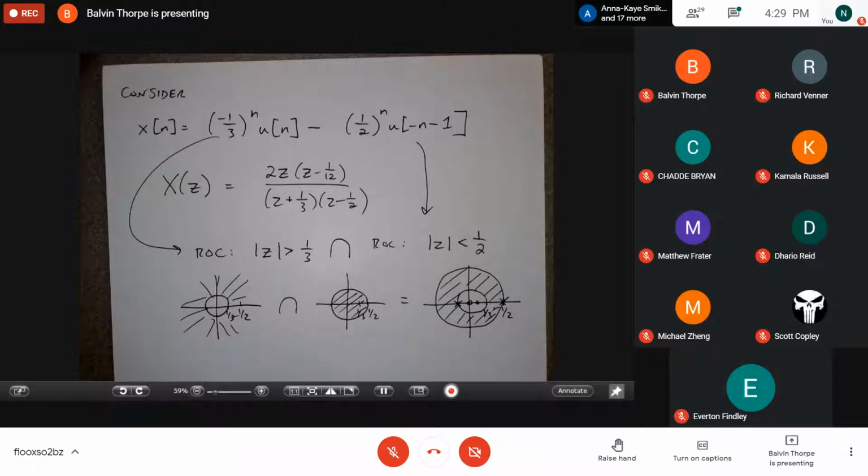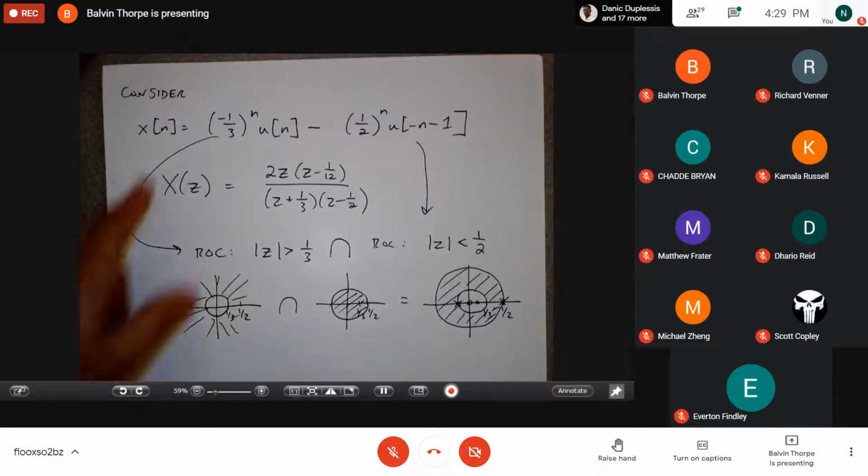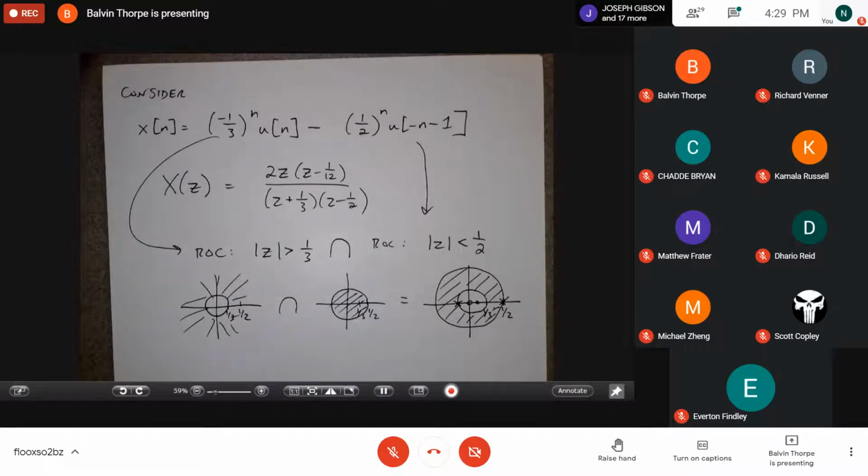Okay, so like I said, I'm not gonna drive you crazy with lots of left-handed and double-sided signals. Most of the stuff we do in this class is still going to be assuming that things start at 0. And one of the reasons for that is that, again, most of the time, the signals that we care about are impulse responses. And for impulse responses to correspond to causal systems, I have signals that are right-sided, right?